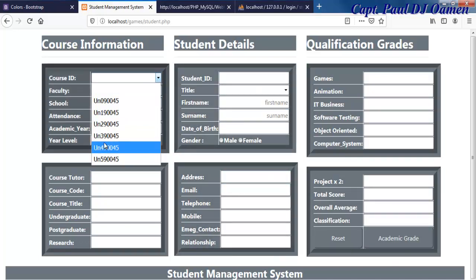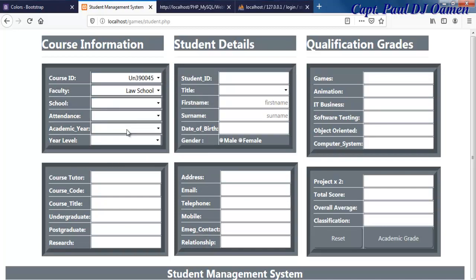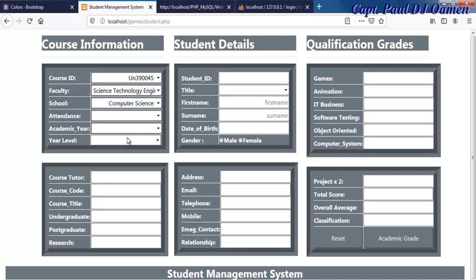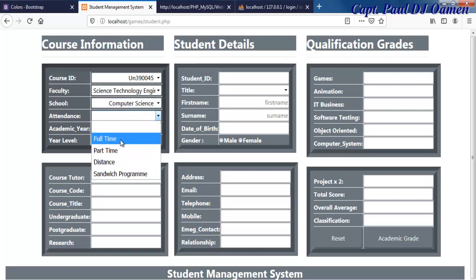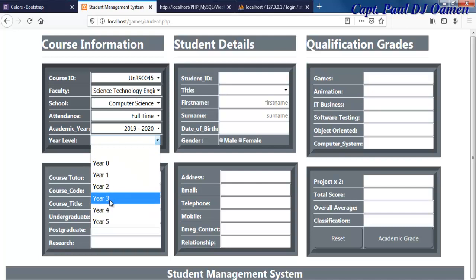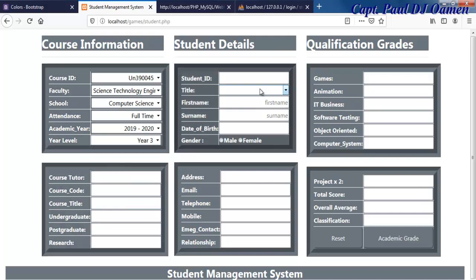Right there, let me select the course ID, faculty, and let's go for Science and Technology, and let's say the school is computing. Mode of attendance is full-time. 2009-2020 year, let's assume it's final year student, and right there, student ID,